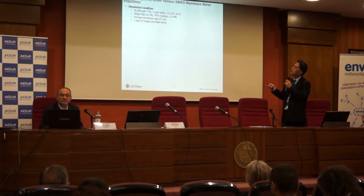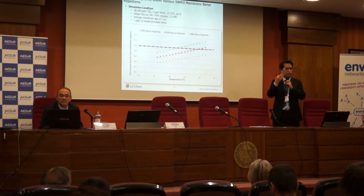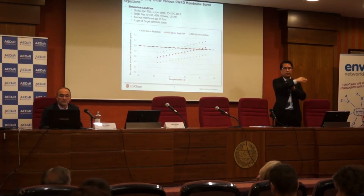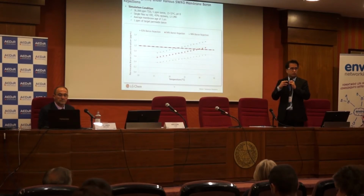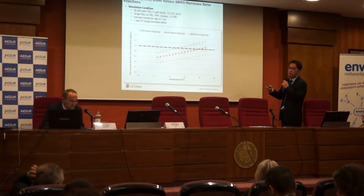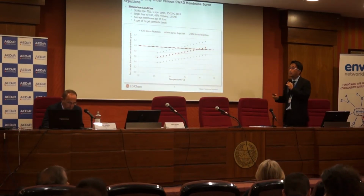This is pretty much standard, with an average membrane age of 3 years. So this is 92%. We assume three scenarios: 92% boron rejection, 94%, and 96%. 92% represents the previous generation reverse osmosis membrane, and 94% boron rejection is our membrane, which shows from the pilot testing. And 96% boron rejection will probably be the future generation of the membrane with a higher boron